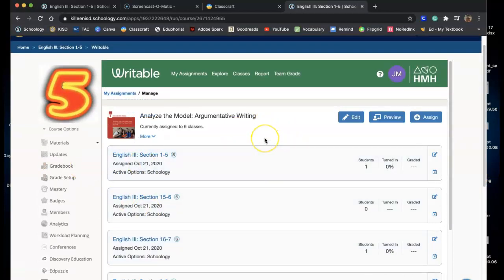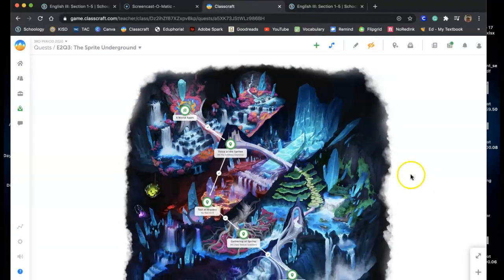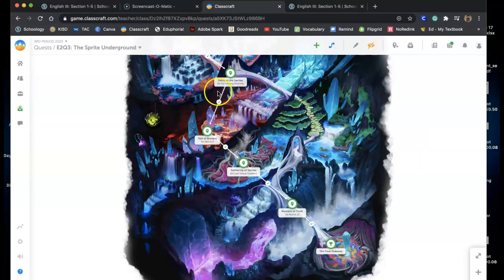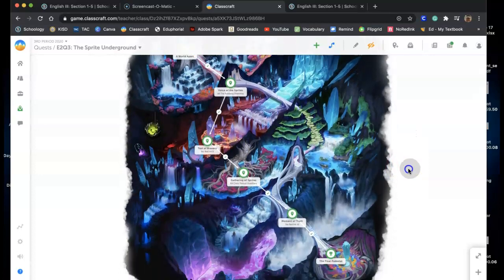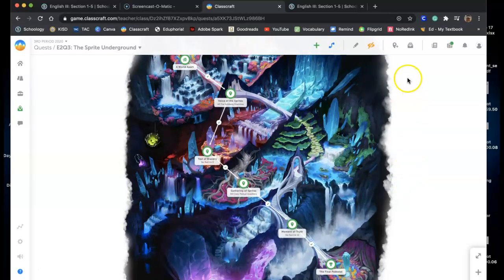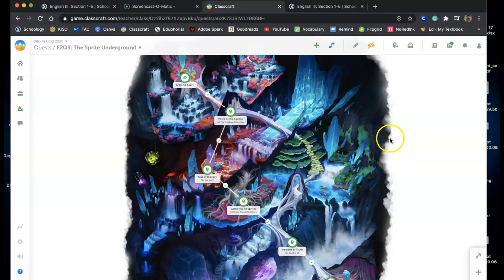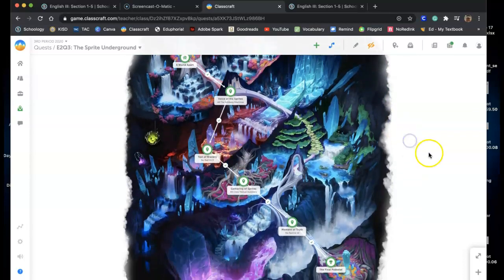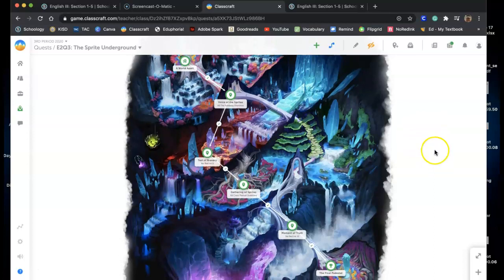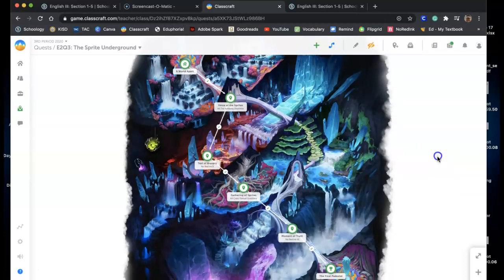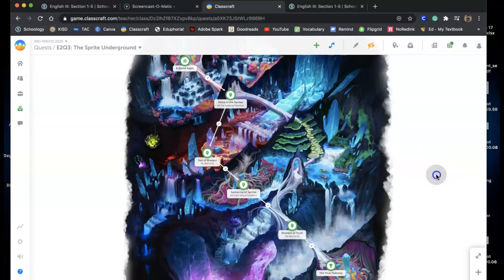Now, I am going to have them set up in Classcraft in your quest. Ooh, here's the next one. Here's what it will look like, so that when you get to parts, you can get gold, you can get experience points, your character can level up, and your pet can level up. So many students have been dropped or moved in that folder you saw that as soon as I get done with this recording, I'm going to try to make teams again. Hopefully we still won't have so many extra mages, and it will have balanced itself out a little bit. All right, so that's what I'm going to do as soon as I hit pause.